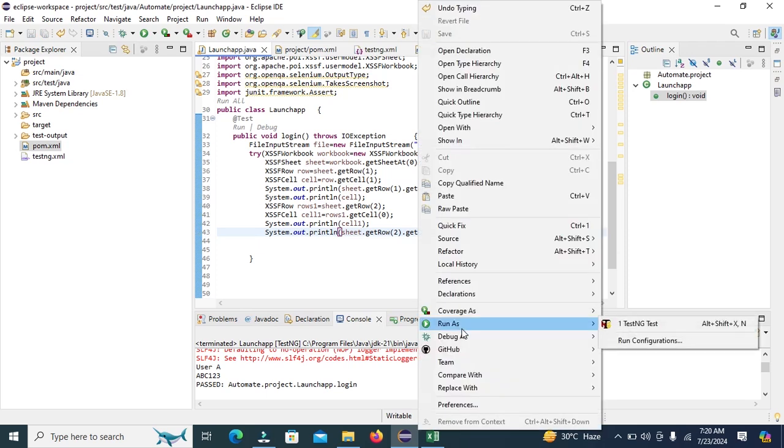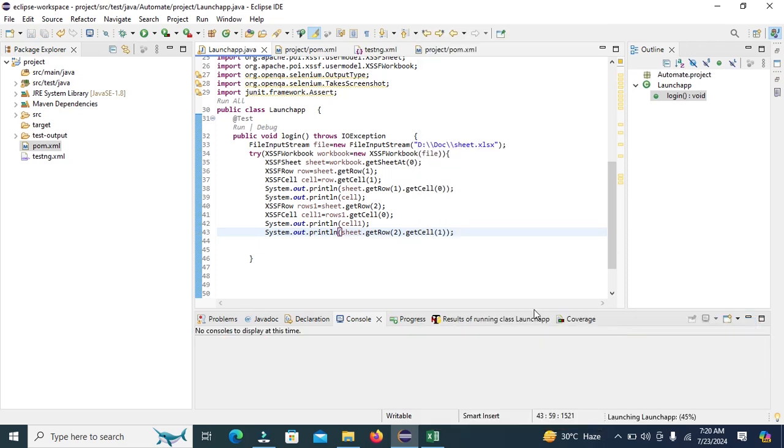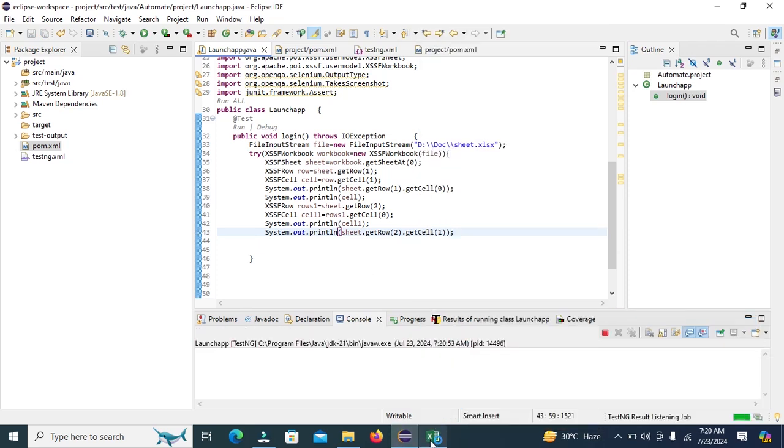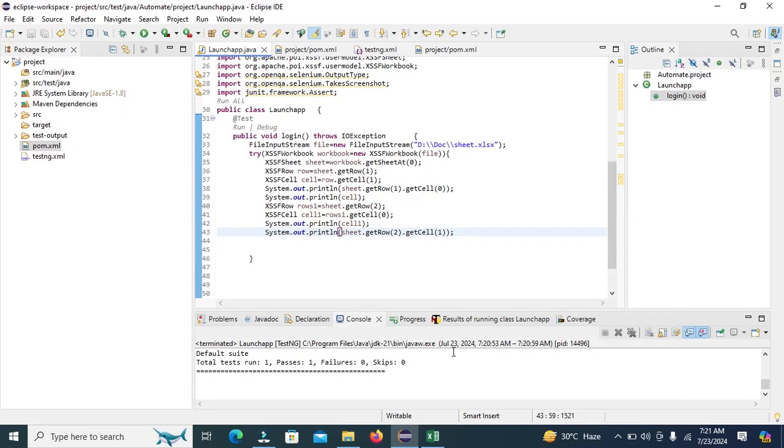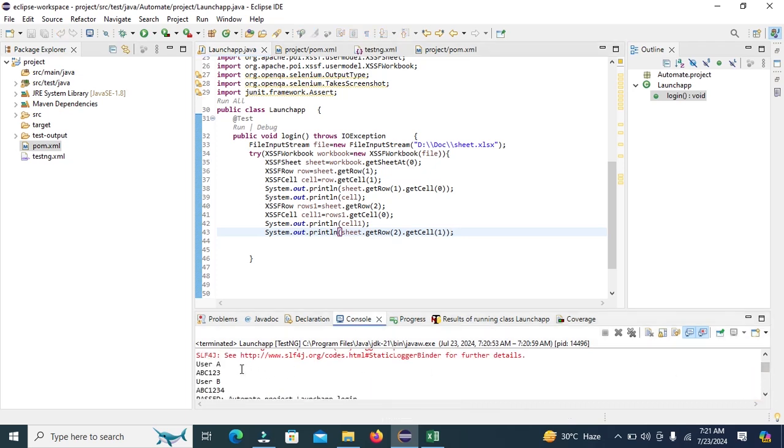Let's run this script. In this scenario, I will fetch the values user A and user B and the passwords. In the console here, you can view user A, ABC123, these two values have been printed, and then user B, ABC1234